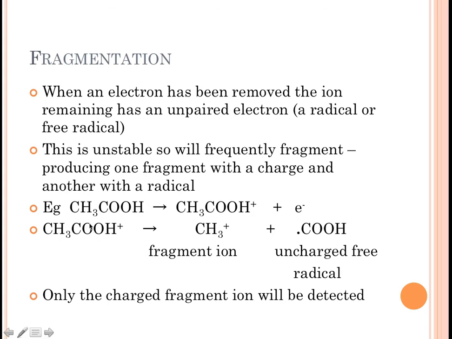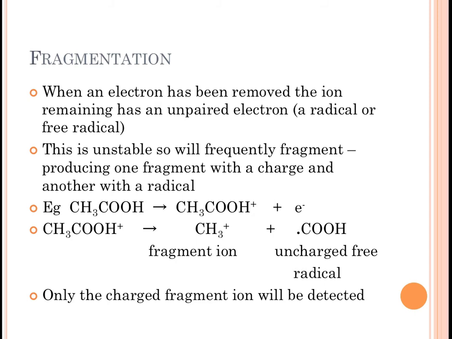But sometimes this is going to be too unstable and break up. And it might break up, say, into a CH3 and a COOH. And one of them is going to have a charge because we only removed one electron. The other is going to have that unpaired electron, which we'd call a free radical, and is represented by